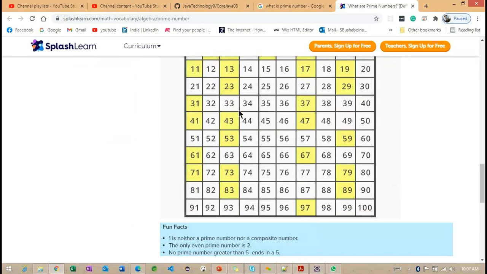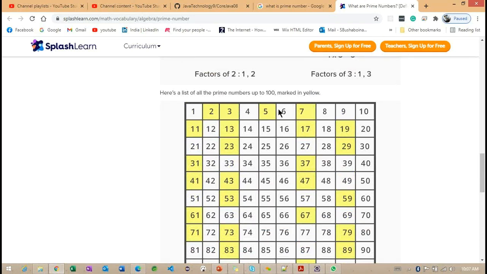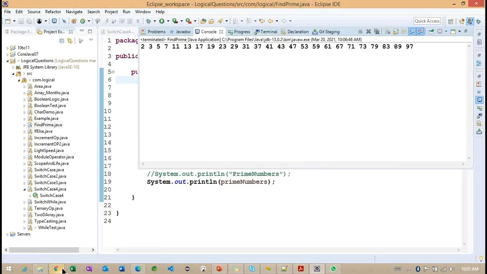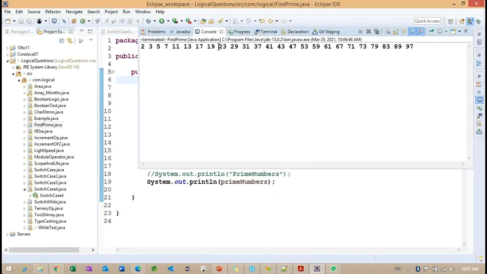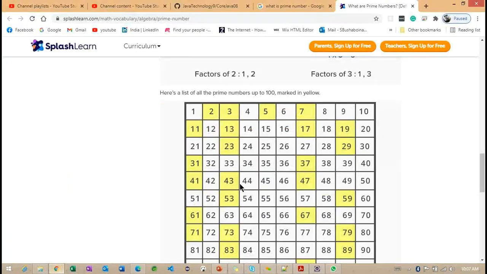So you can see these are the prime numbers. So 2, 3, 5, 7. First we'll check the highlighted colors here. Okay. 2, 3, 5, 7, 11, 13, 17, 19. And after this 23, 29.